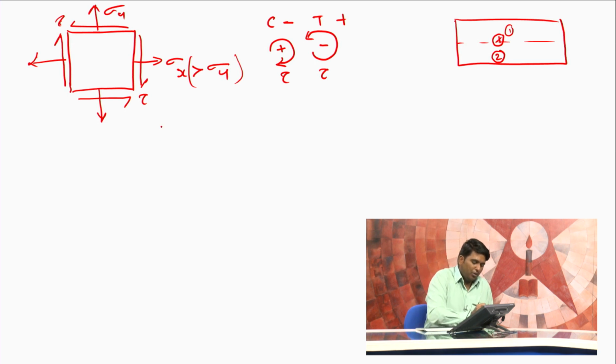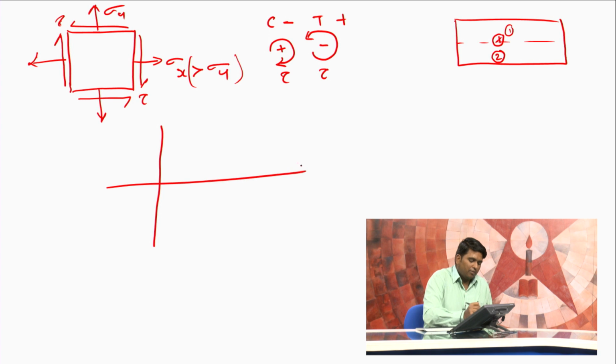So, if we want to draw Mohr circle, we are going to draw two axes, one for normal stresses, one for shear stresses. The first value will take sigma x, which is greater than sigma y, and so it is creating a tensile force. So, it is positive and this shear is creating a clockwise moment. So, I will mark the point as both positive, first quadrant, sigma x comma tau,